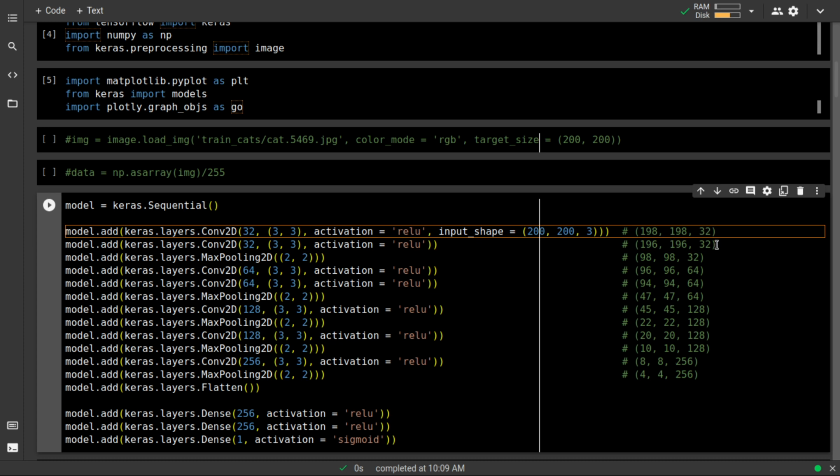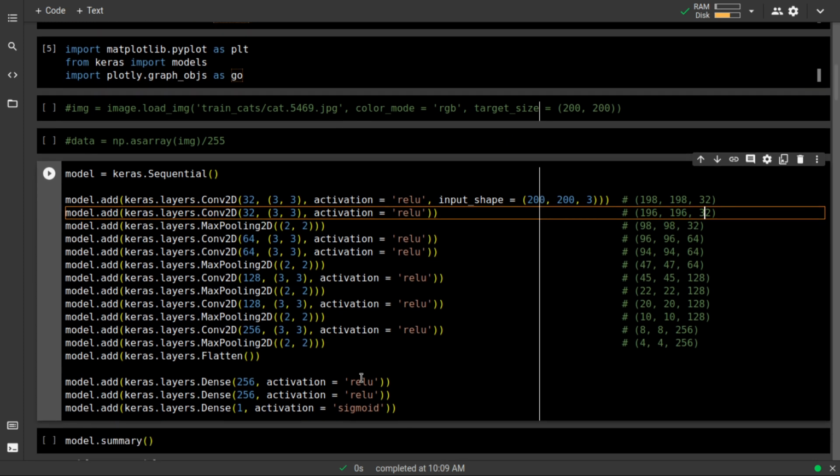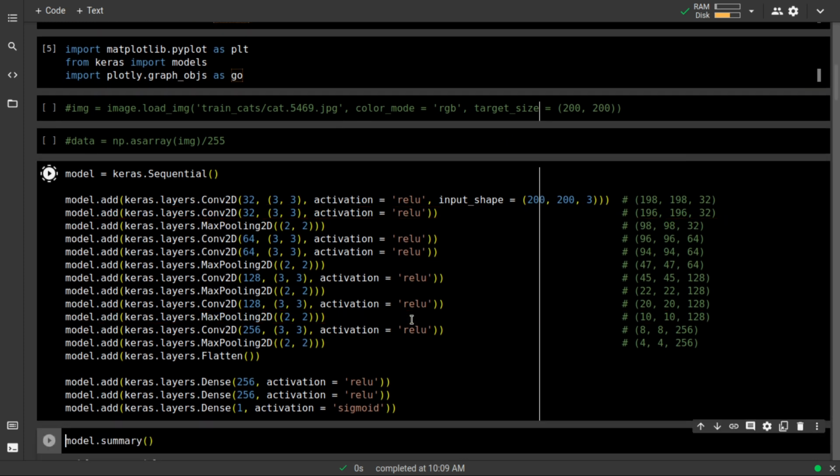The regular pattern that you're going to see with all convolutional neural networks is that the number of filters increases as you go deeper into the convolutional neural network, right? And the width and height of the image will decrease as you go down the CNN. All right, so let us just build this model.